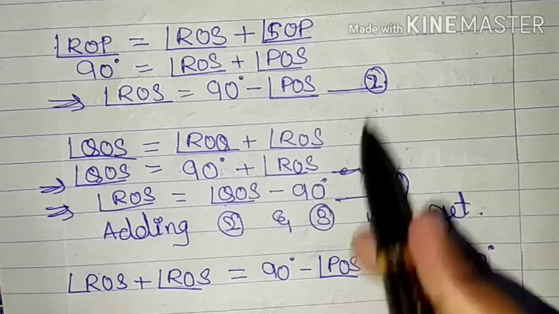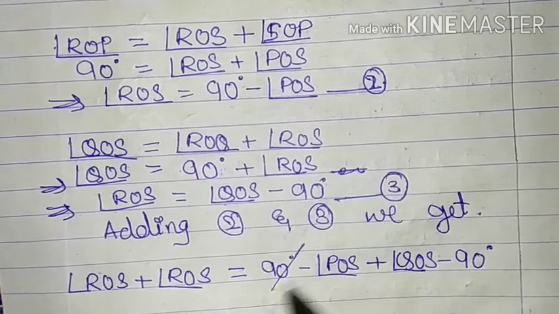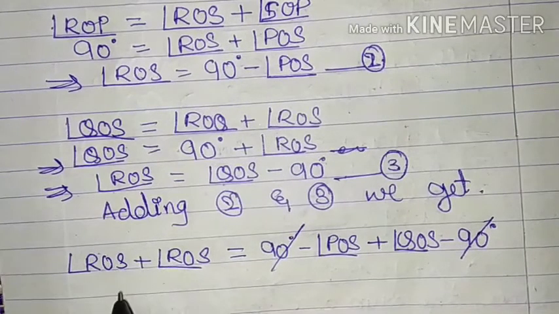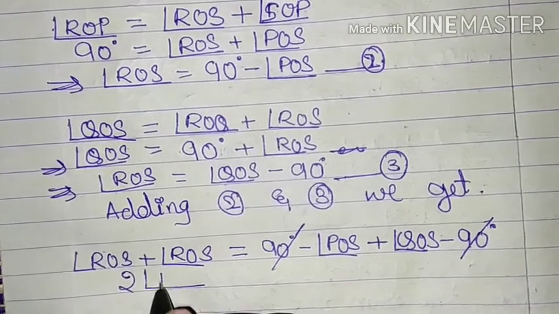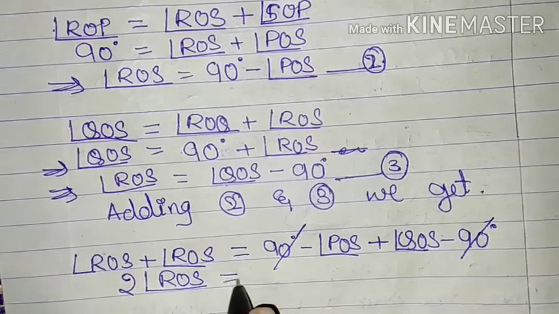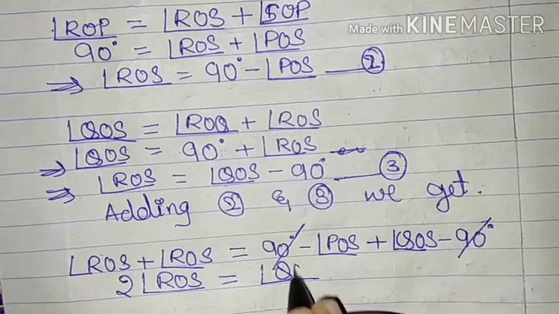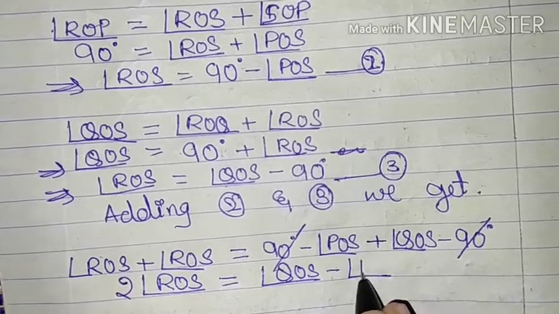That is the RHS of equations 2 and 3. So 90 degrees minus 90 degrees cancel each other. ROS plus ROS is 2 angle ROS, which is equal to, on rearranging these two, angle QOS minus angle